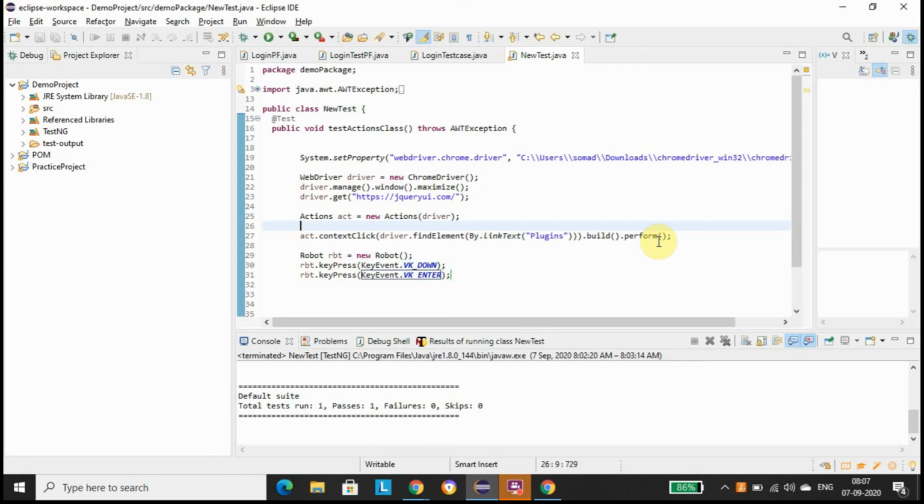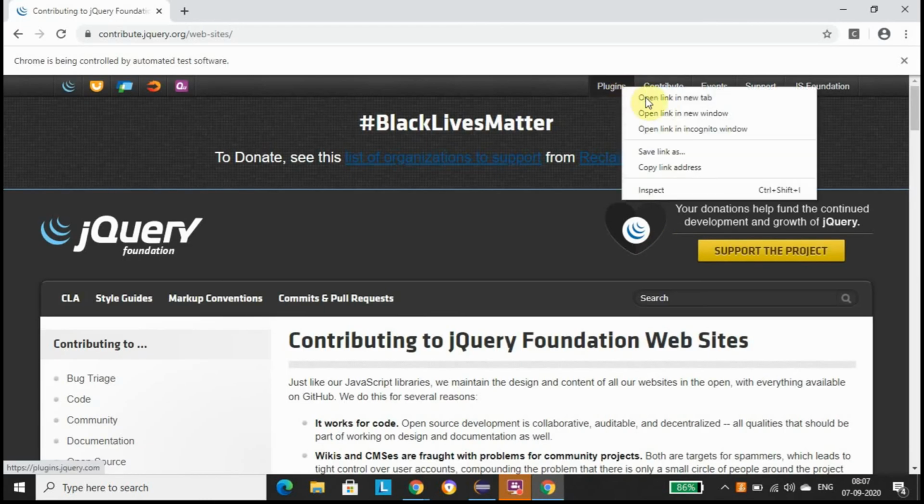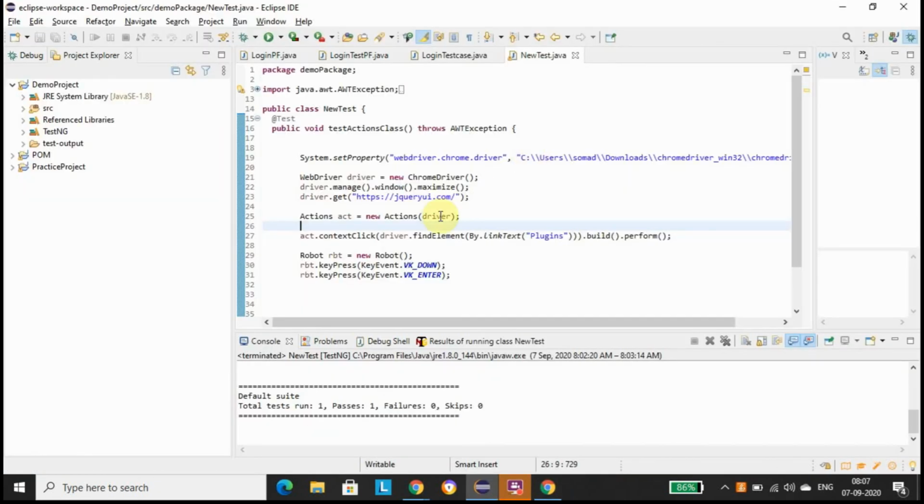Then we used robot class here to click on the right click sub menus, open the link in new tab. So for that we use robot class here. So let me save this and let me run this one.